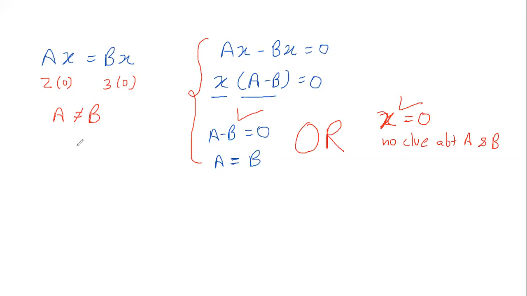Stop cancelling anything on both the sides. That's a very basic mistake that a student does. So guys, I hope this is clear. These are the very basic three aspects of inequality that are tested. Now let's take a few questions.